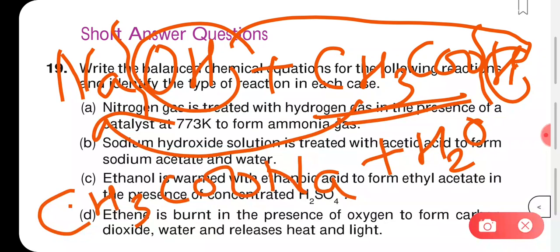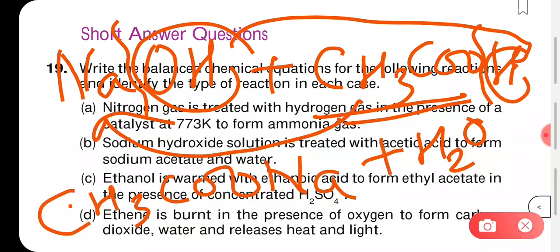One more thing, NaOH is a base, whereas CH3COOH is an acid, right? So sodium hydroxide, which is a base, and acetic acid, which is an acid, they both are going to react to form a salt, right? And as it forms a salt, so we can call that type of reaction as neutralization reaction, because acid and base react to form a salt. Okay, so here what is taking place? Neutralization is taking place. In the acid, base is being added and it leads to neutralization.